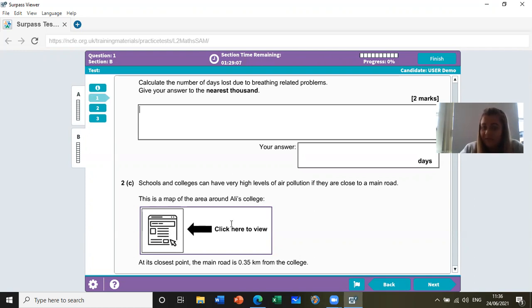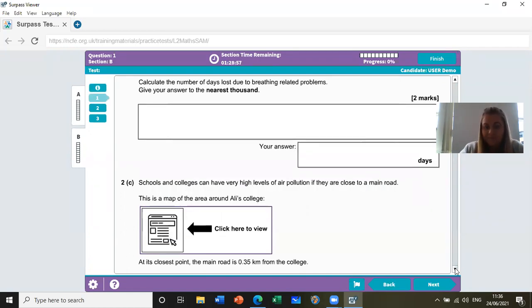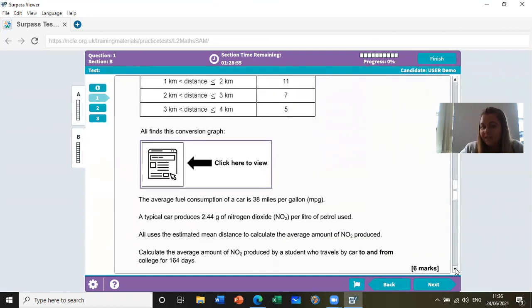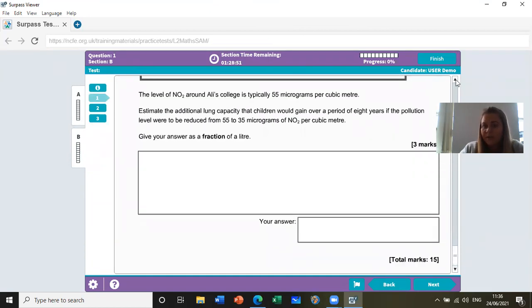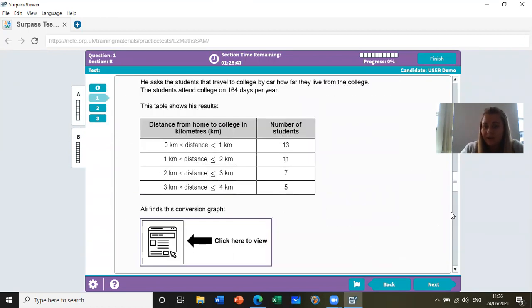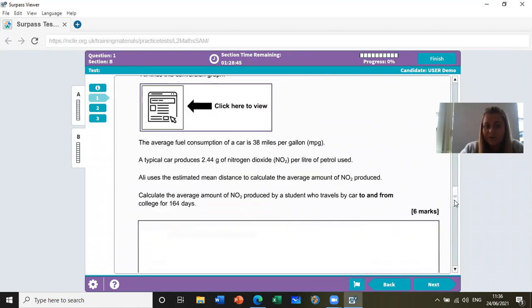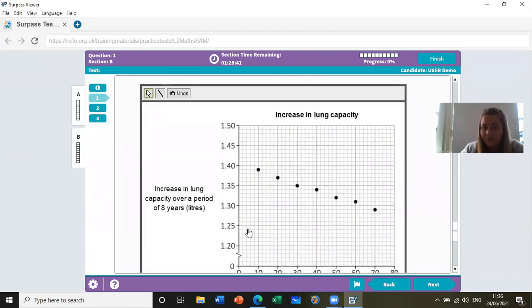Again, if it ever says click here to view, this is very important. You need to click on that to access the information you need to answer the questions. All right, so you can see again, you have to scroll all the way down. There will be sometimes where you have to use, this is it, yeah. You have to maybe